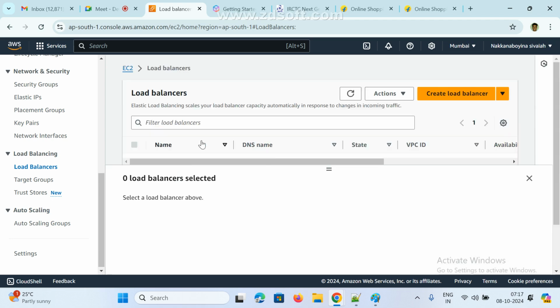Right now I don't have anything. Configuration is very simple, but we need to understand. See here, zero load balancers selected. If we click on load balancer,